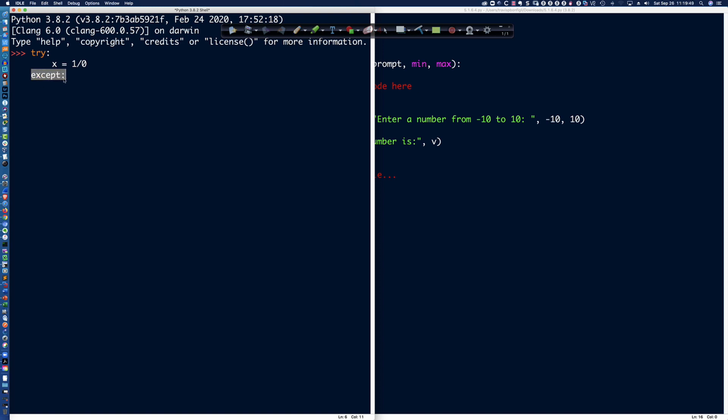This, except colon, implies that what I'm really saying is except BaseException, right? But again, you don't have to put the BaseException. You can just simply put the colon, and that would mean the same thing. But that is really, really general, right? And so while that would work in our code for the function we're going to be creating, we want to